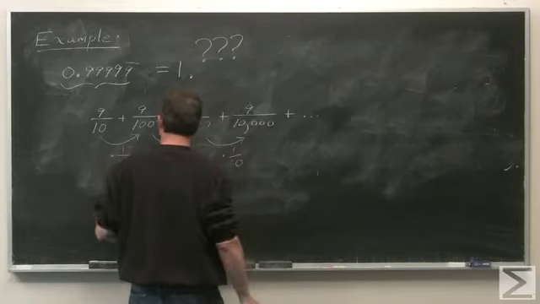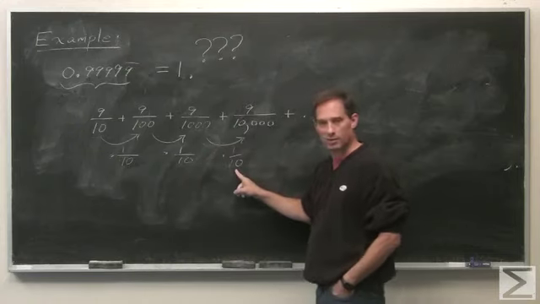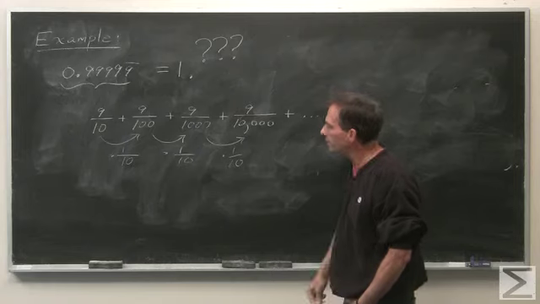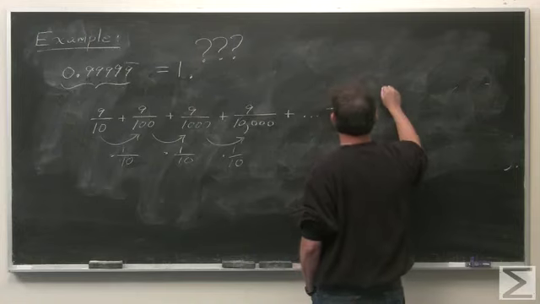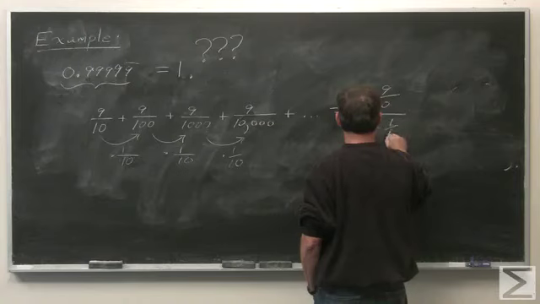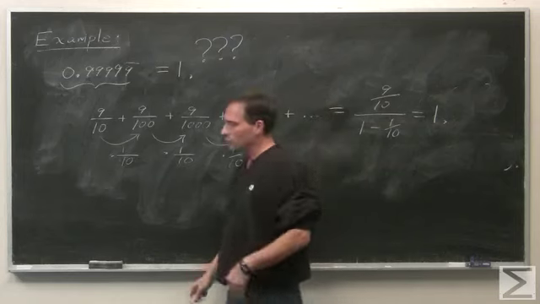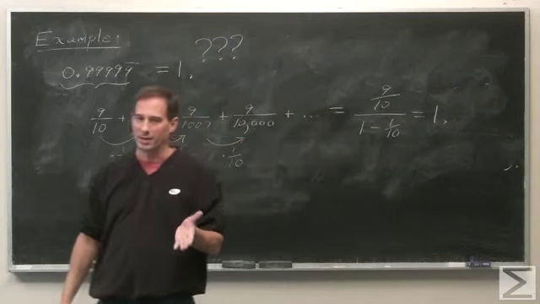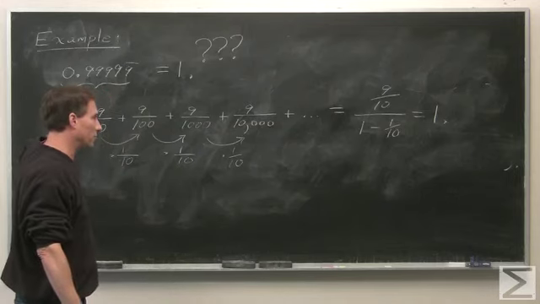And the initial term is 9/10. And so 1/10 has absolute value less than 1. So this series converges. And what it converges to is 9/10 over 1 minus 1/10. But this is 9/10 over 9/10, 1. So this is why 0.9 repeating is 1, because 0.9 repeating means this infinite sum, which is a limit of